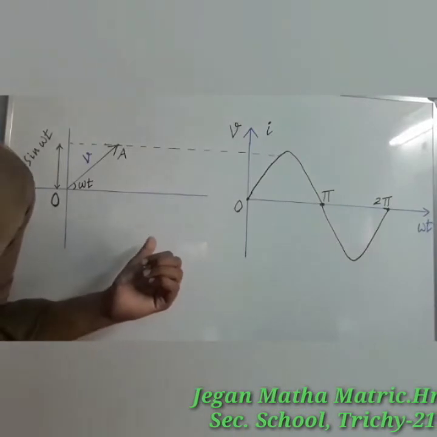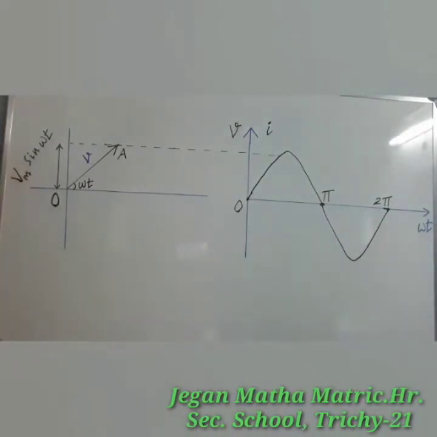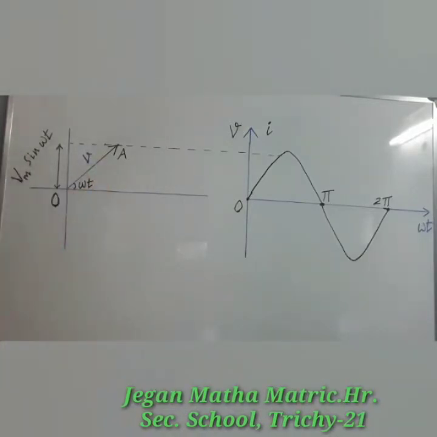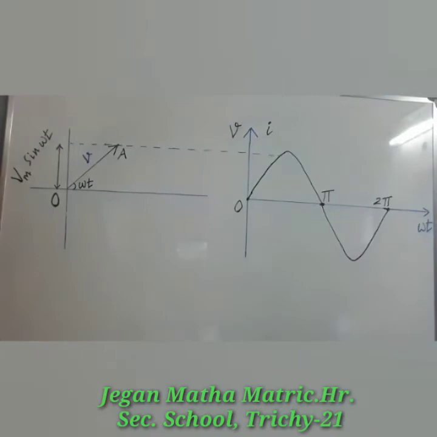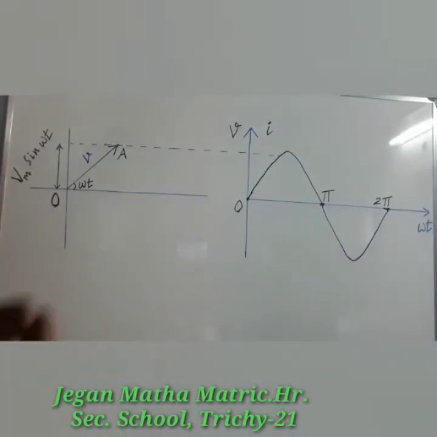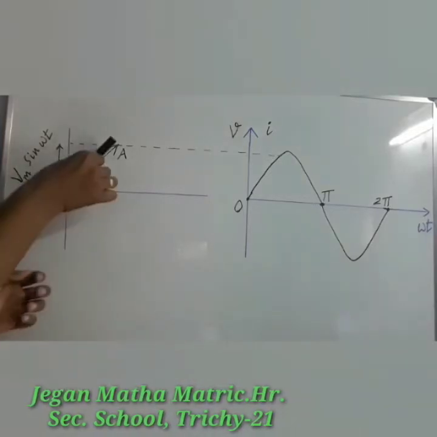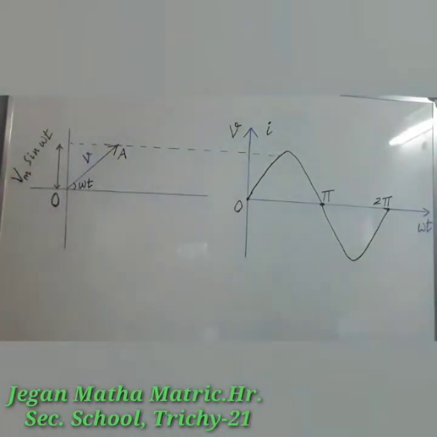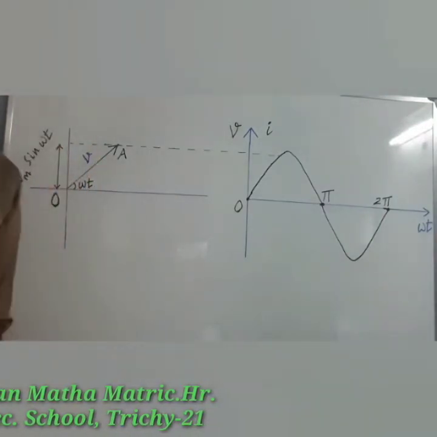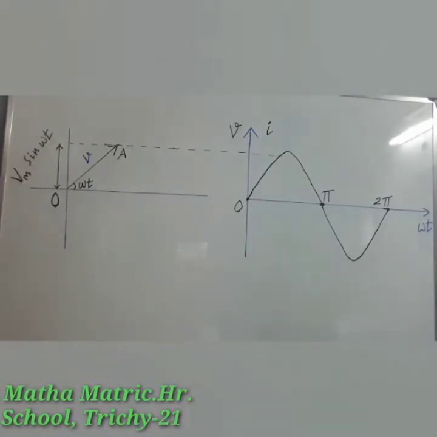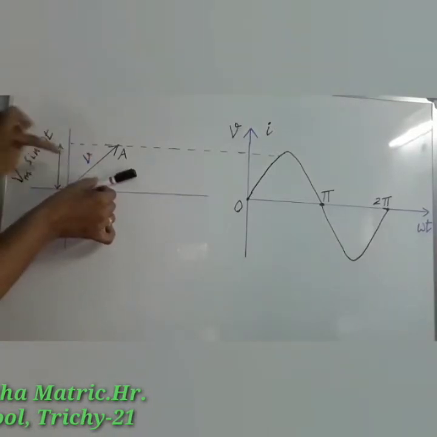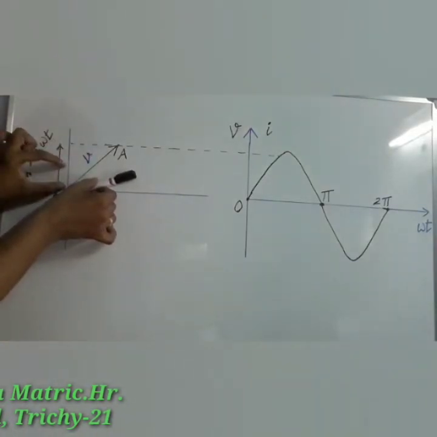Here I have drawn the phasor diagram for an alternating voltage. In this diagram, the length of vector OA equals the peak value Vm. The angle it makes with the x-axis gives the phase omega t of the applied voltage. Its projection on the y-axis provides the instantaneous value, that is Vm sin omega t. Suppose OA is here, the projection will be here. So the instantaneous value will be given by this length.